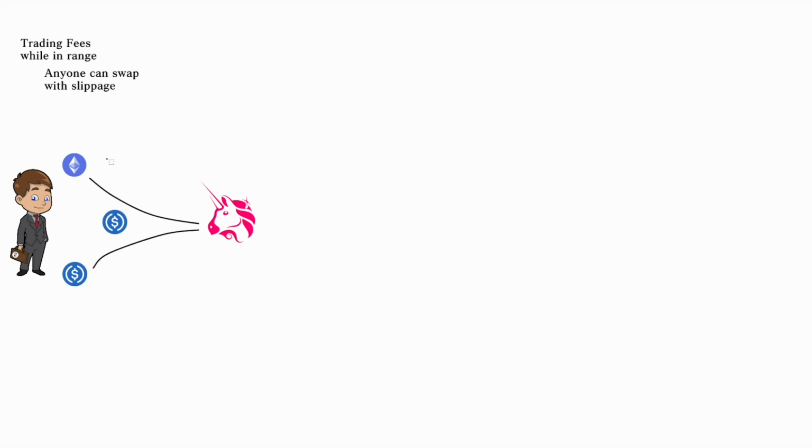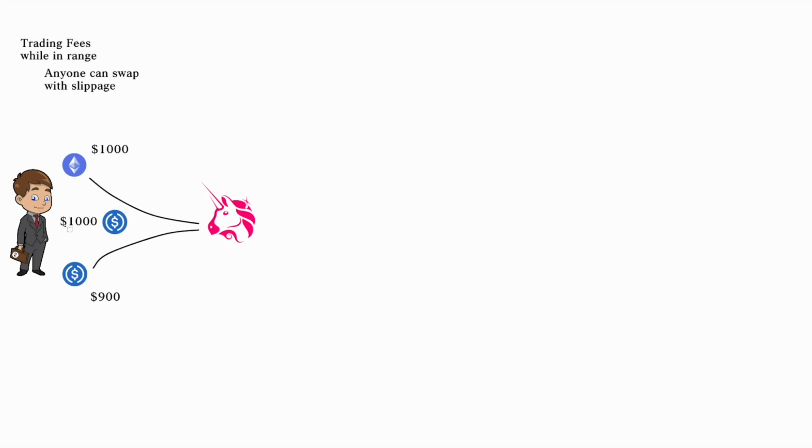Now anyone can come along and trade these tokens. They will pay fees and maybe get hit with slippage depending on how deep the pool is. So let's take a look at some numbers here. Let's say Dollar Bill chooses a range where he wants the highest price to be 1,000 USDC per ETH, and the lowest he thinks it will be is 900 USDC per ETH. That's what he's visualizing, that the price is going to fluctuate in that range, and he wants to get as much trading fees as possible.